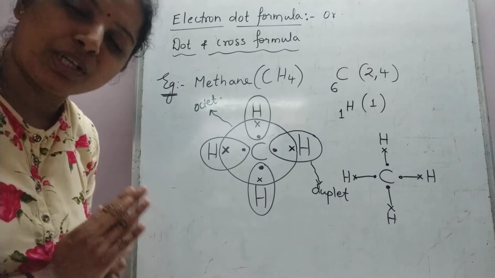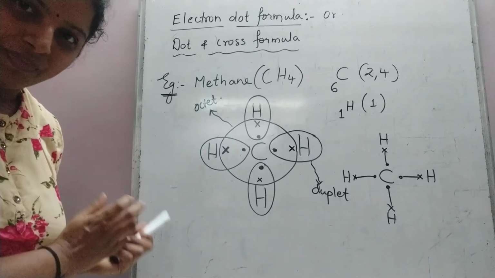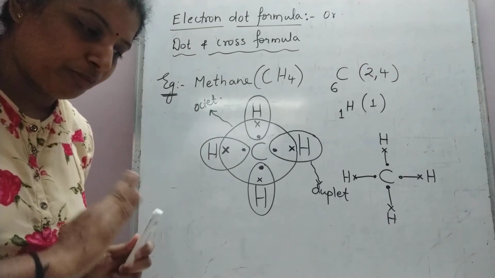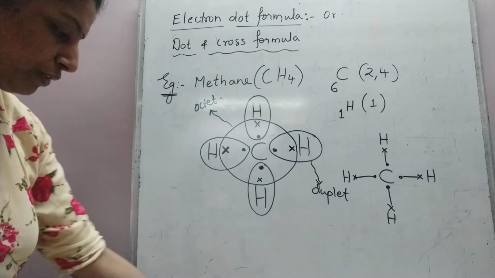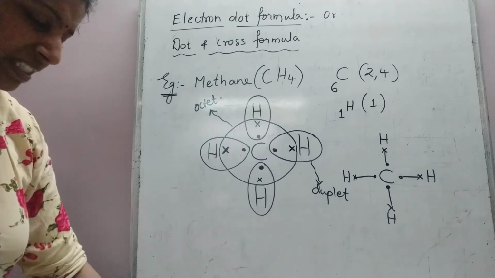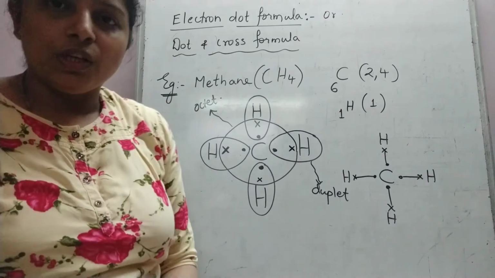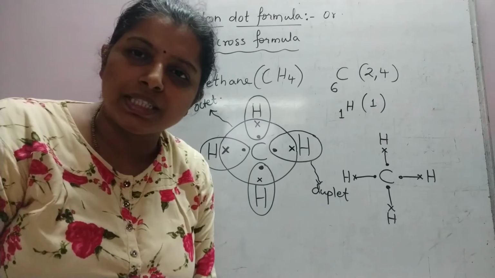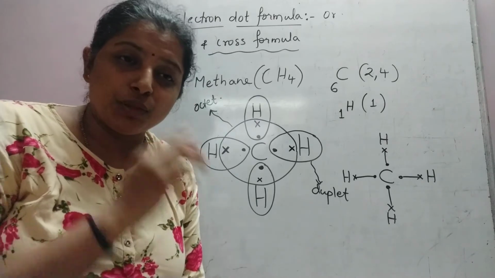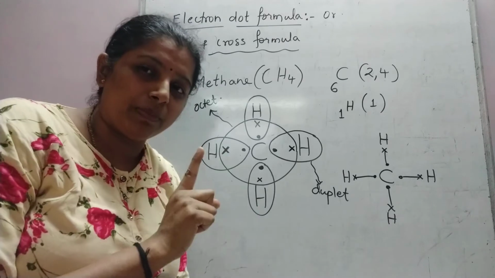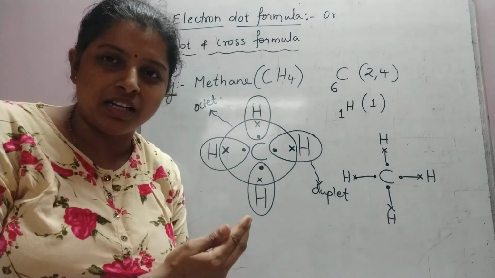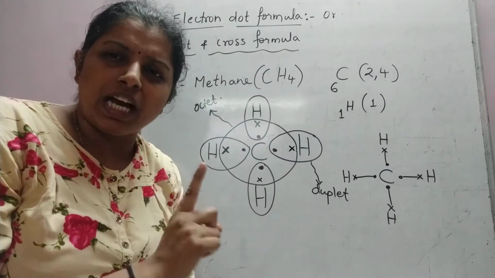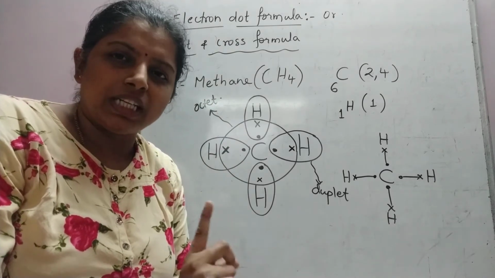Now this was an example of a simple alkane. I am going to discuss an example of an alkene. By far, if you have watched all my videos, we have been discussing alkanes only. So let me first talk about alkenes. Basically, if you go to the classification chart, you can recollect that alkenes are unsaturated aliphatic hydrocarbons containing at least one carbon-carbon double bond.